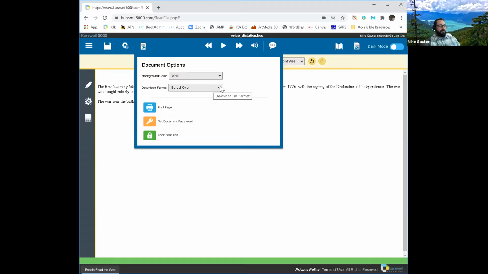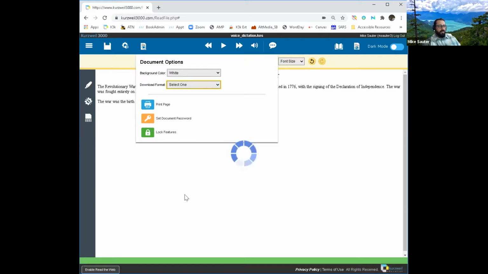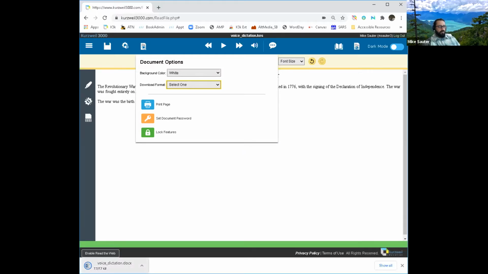we have a download format drop down where I can select the format that I want to download this at. So I do have Microsoft Word on my computer, so I'm going to download it as a Microsoft Word document. And this will change the formatting of the document into a Word document and start the download into your computer.